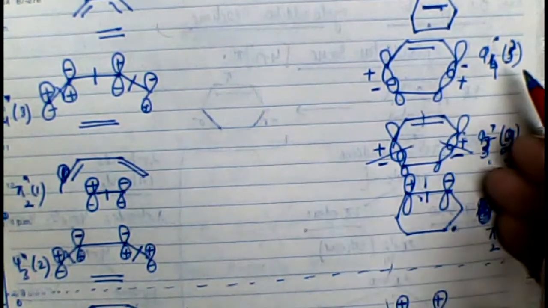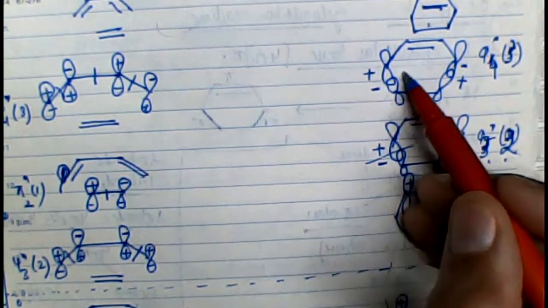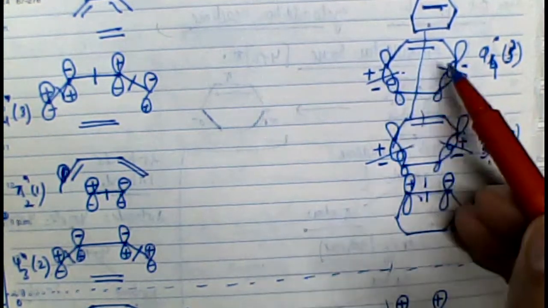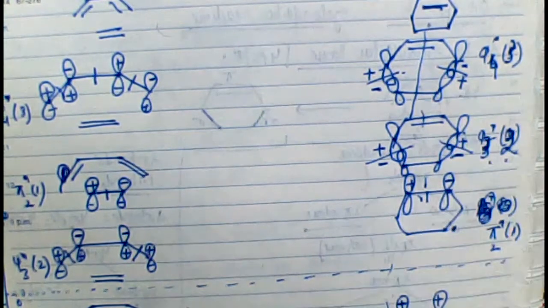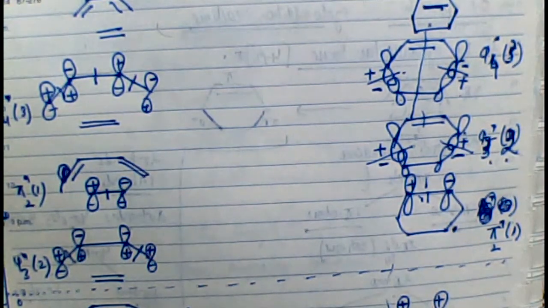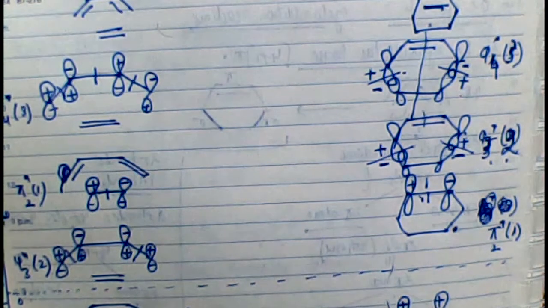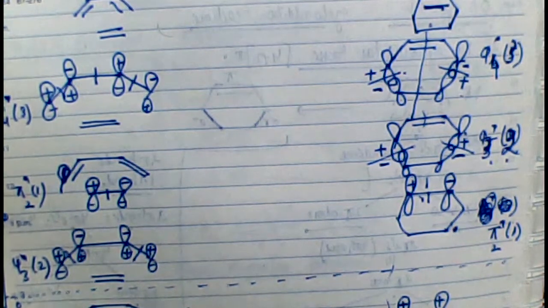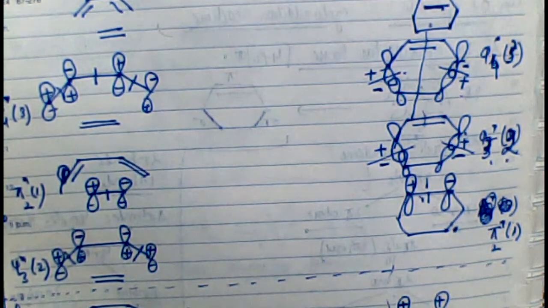See, 3 nodes. Where do we locate these 3 nodes? One node is here, see, another node is here, see, and the third node is between here. Positive encountering negative, negative encountering positive. So that is how we draw the molecular orbitals of the product of your cyclohexene molecule. Remember, 4 molecular orbitals are contributed by 2 sigma bonds, so we call these sigma orbitals as psi 1, psi 2, psi 3 and psi 4. 2 orbitals are coming from the pi bond. We call these orbitals as pi 1 and pi 2, and this is how we name these orbitals and number these orbitals.